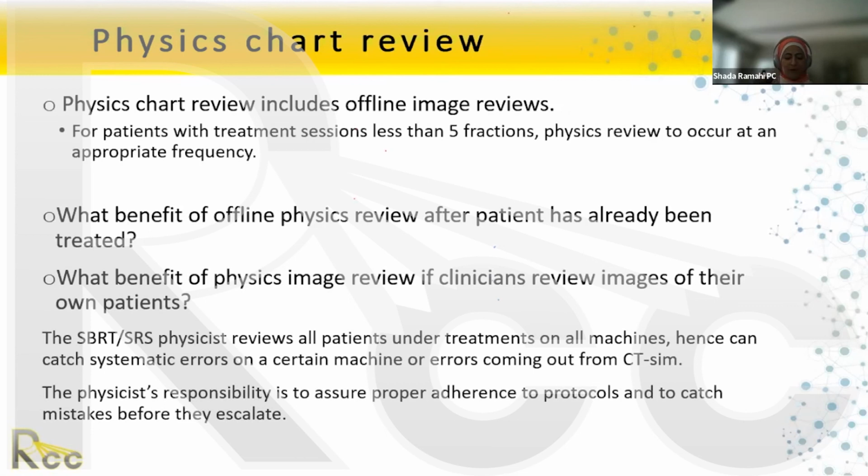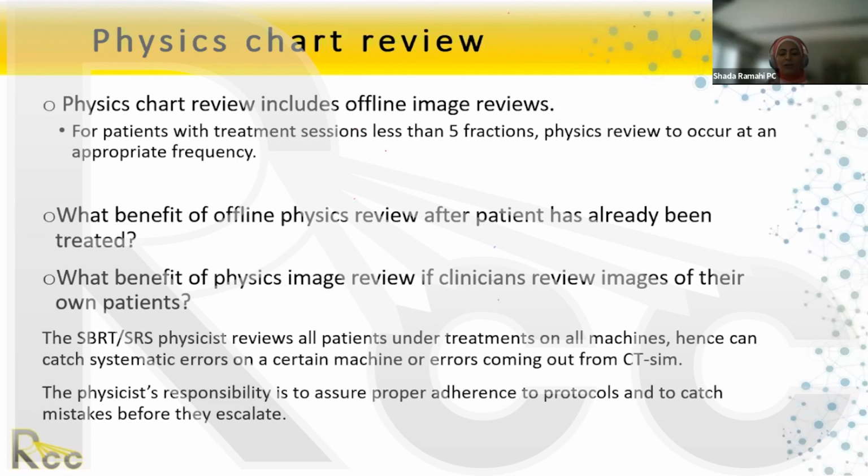The answer is that the treating physician is only concentrating on their own patients. With therapists, and with SBRT and SRS, a physicist reviewing all patients treated in that week could actually see any systematic error. And the reason we were able to catch the side chin not proper in those images that I showed you is because you have a physicist who is reviewing all the SBRT patients once a week. So you can catch systematic errors. The patient is already treated, right? So the benefit now is catching any systematic error coming from the CT sim or coming from one machine, and then improving the workflow. You go back and say, guys, I think we need some